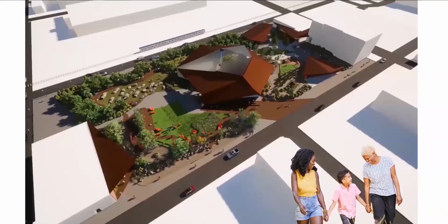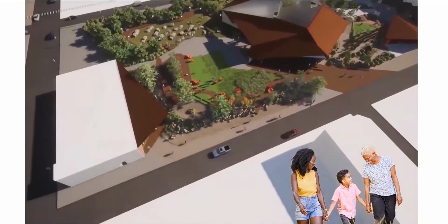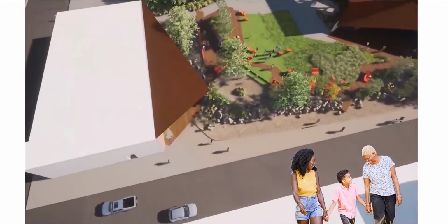Similar to the varied walks of life our ancestors journeyed through, Rooted by Origins can be experienced together by all generations. Take this family of 3, grandma, mother, and son, that have come to experience Rooted by Origins and discover more about their community, themselves, and African and African American history. The family made plans to spend the day together here, and the mother and son have started on the Welcome